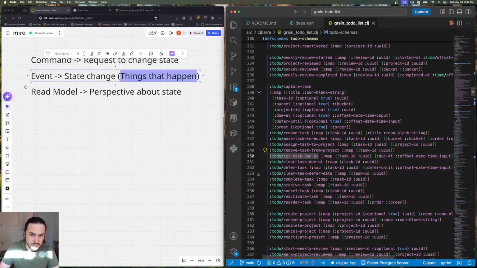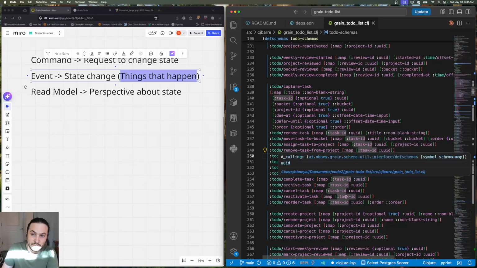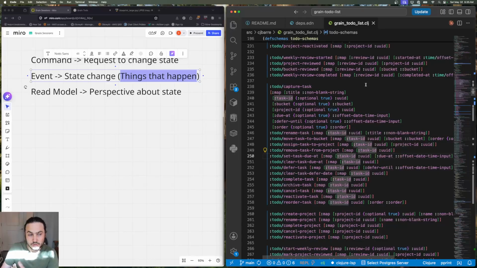And sure, we're talking about things like task, we're talking about things like projects, but we may decide that the language needs to evolve over time. And if the language needs to evolve over time, then we probably want to start at a more fundamental level about the sort of domain areas that things can happen in, and then the entities sprout up from there. Sure, there's going to be things like entity IDs like task ID and project ID and stuff like that in the body and metadata of these commands and events, but that's still pushing them